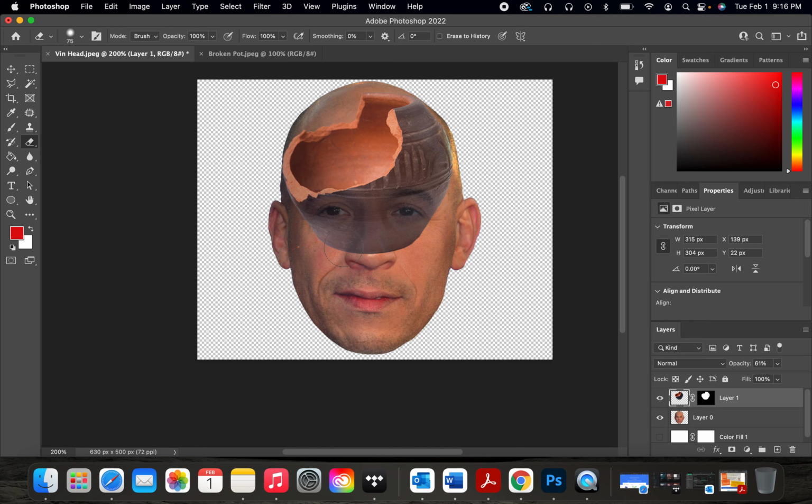Now let's go and get to erasing everything. We want to erase all the black. Do not erase this right here. Do not erase the crack. Just the black, the pot's body itself. Just the body. Erase all of this. All of that. Erasing all of this, you can already start to see it kind of looks like a